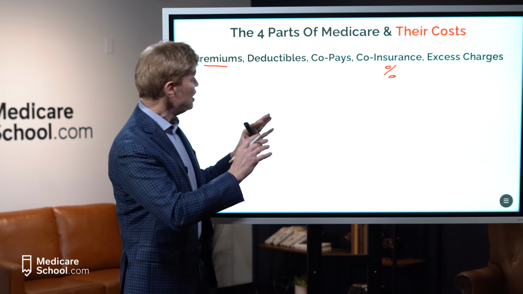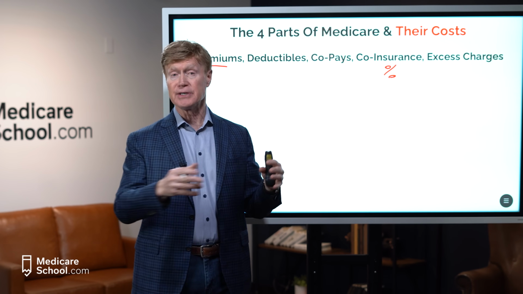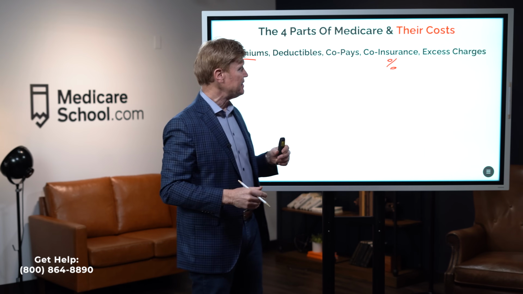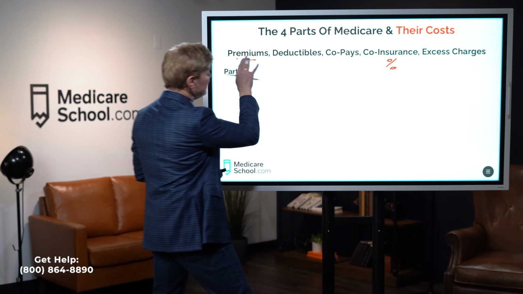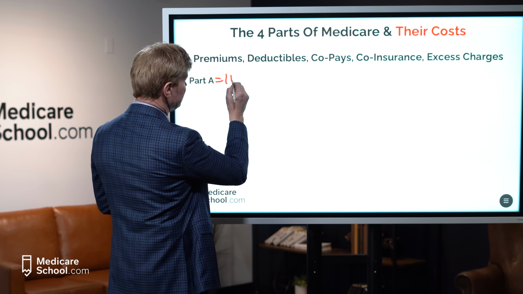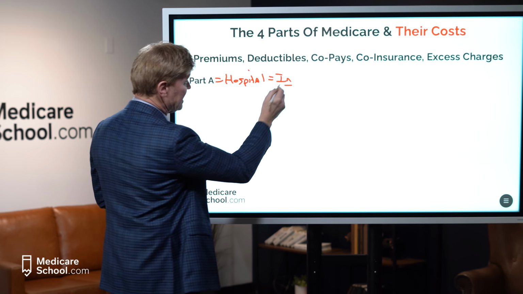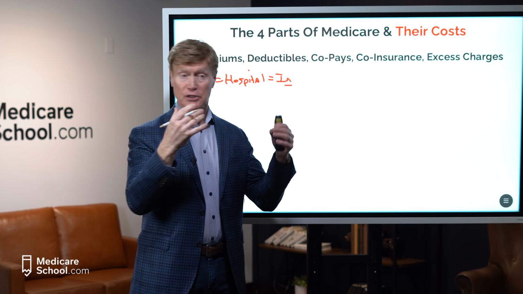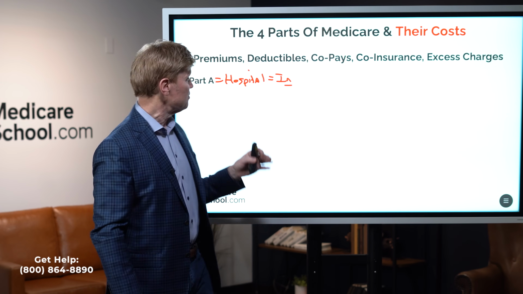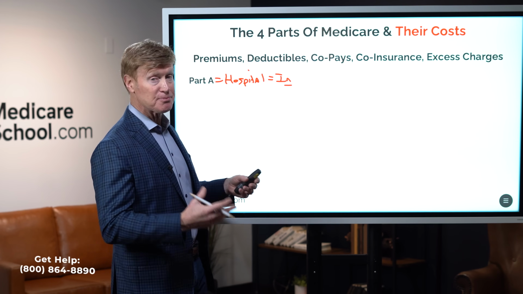What I'm trying to show you is that we have these different aspects of every insurance plan, and I'm going to show you how you're impacted by these different parts of Medicare and these out-of-pocket expenses. So first off, let's talk about Medicare Part A. Part A is called the hospital side of Medicare, and it refers to things on an inpatient basis. This would be in the hospital where you've been admitted, or maybe a skilled nursing facility for inpatient rehab after a stroke or a hip replacement. This also includes hospice care when someone's on Medicare and in a hospice situation.